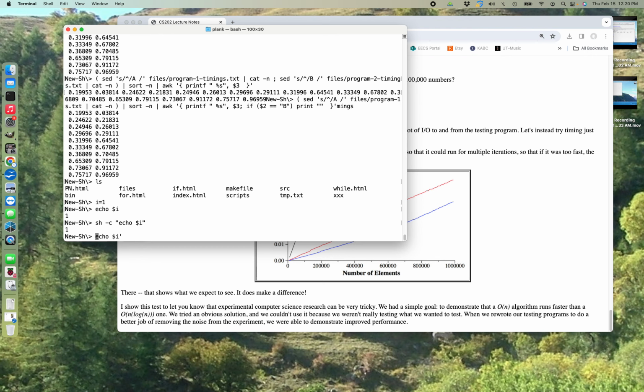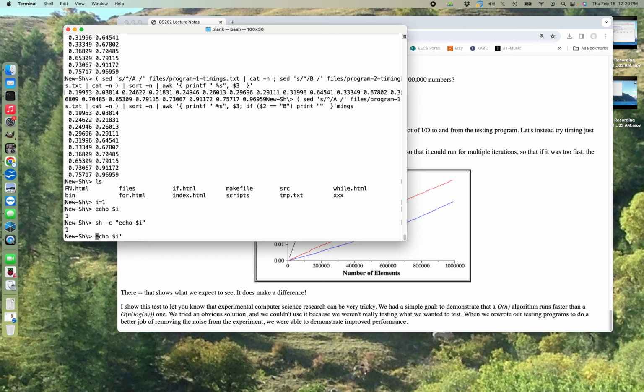Okay. Yes? Is I just going to equal 1 forever until you reset it? Yes. No, but when I exit the shell, it's not. Oh, okay. Yeah, so it's only specific to this shell. And this is what I'm showing here, is if I call a subshell, echo I, it doesn't exist in the subshell, okay? And that's what I was showing here as well, okay? If I execute the program echo I in the shell, it gives me nothing.